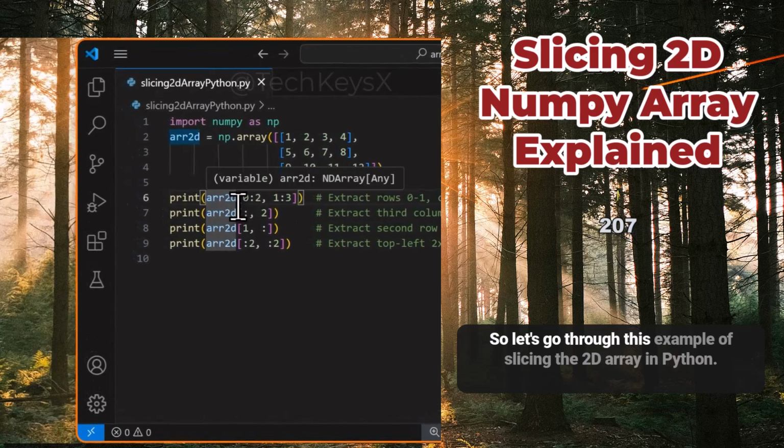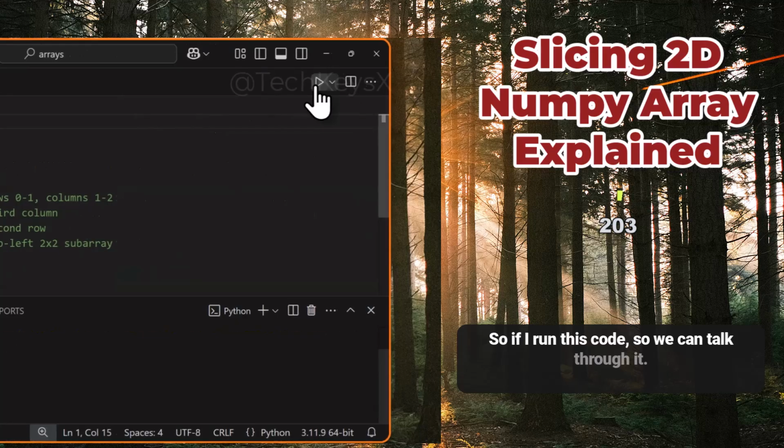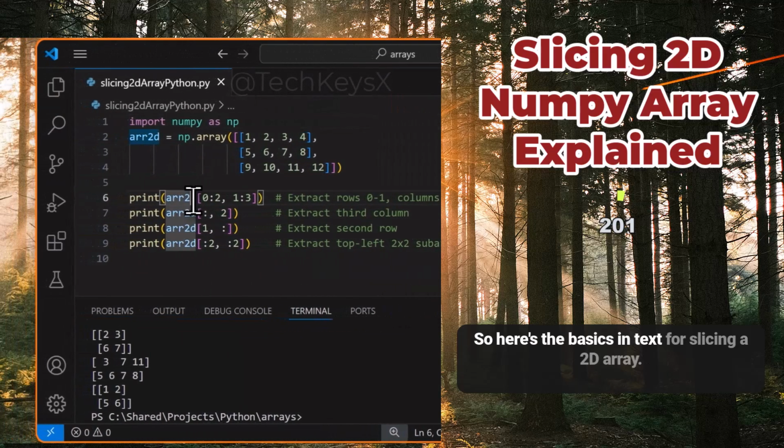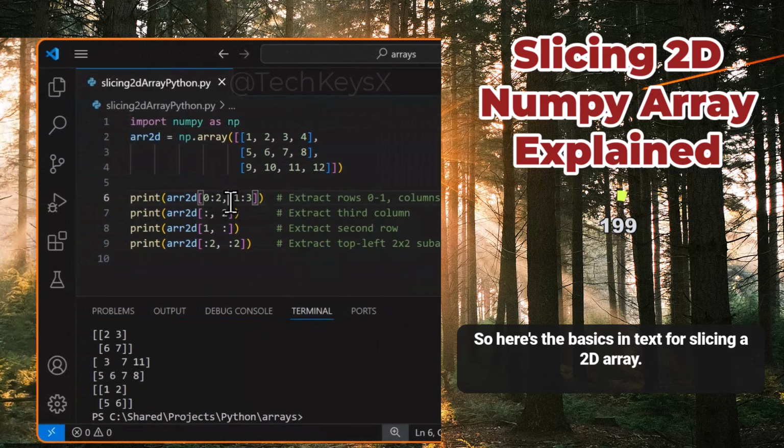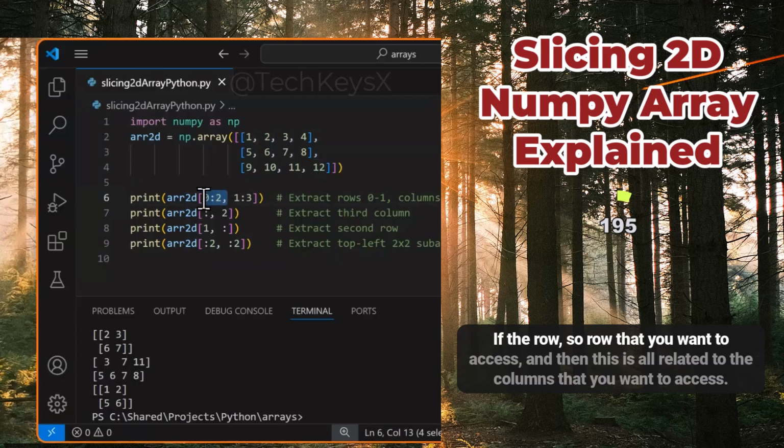So let's go through this example of slicing that 2D array in Python. If I run this code, we can talk through it. Here's the basic syntax for slicing a 2D array. What you get here, separated by a comma, is the row that you want to access, and then this is all related to the columns that you want to